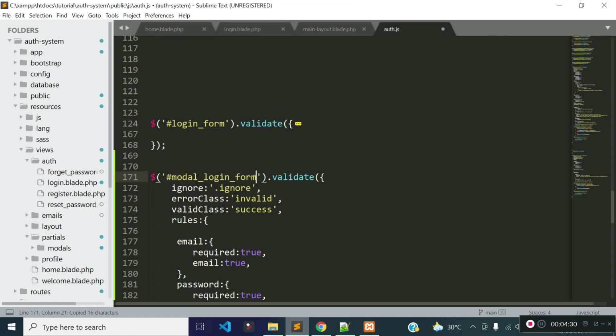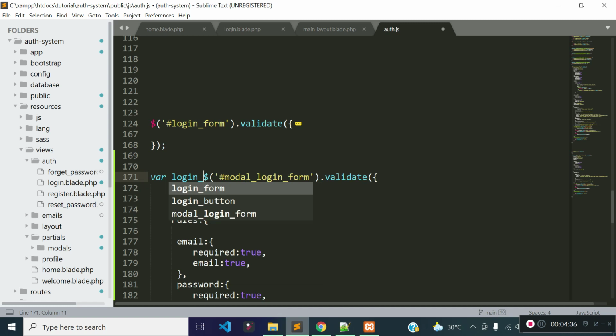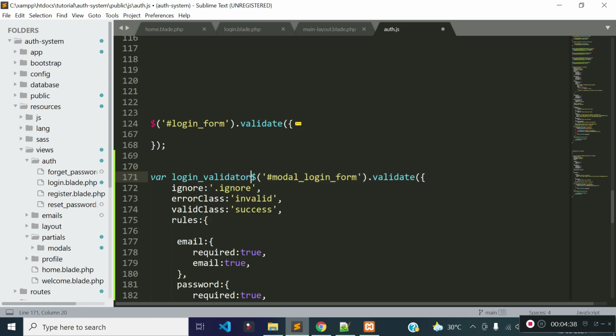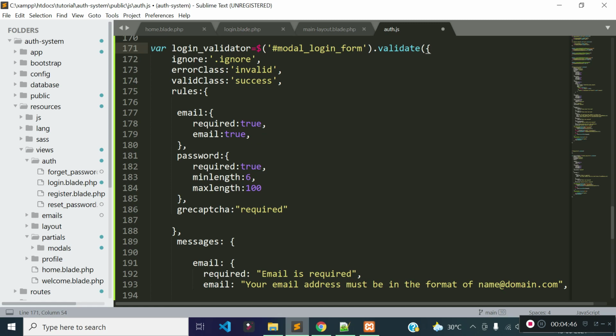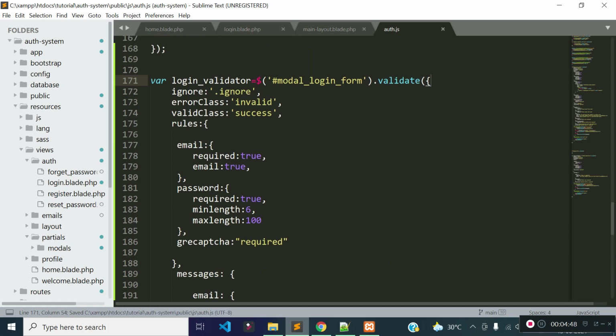So let's paste it here and let's store this validator to a variable, loginValidator, because I will work with this variable later. Okay, so let's check what we have inside this validator.